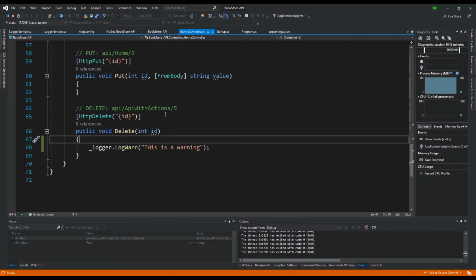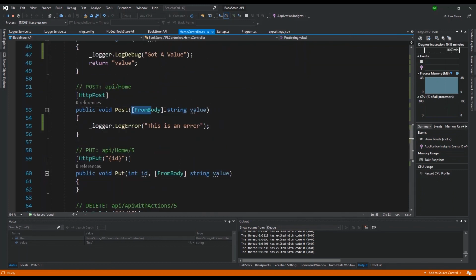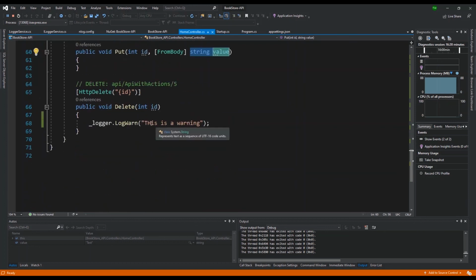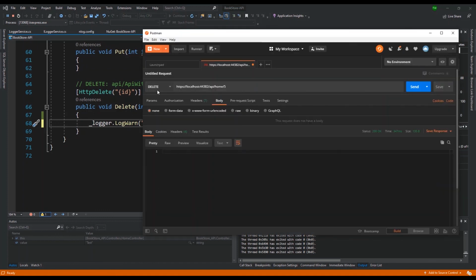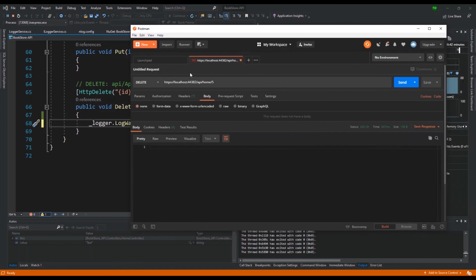And the reason I know I don't need a body is that if you look at the post, and I also look at put, you'll see from body. So that means it's expecting the value from the body, right? I'm sorry, I have this bad habit. I have a heavy hand when it comes to pressing the shift. Anyway, so let's try the delete. So I just changed that to delete, API / and it says API with action /5. So let me send. And then it replied okay. So that means it hit